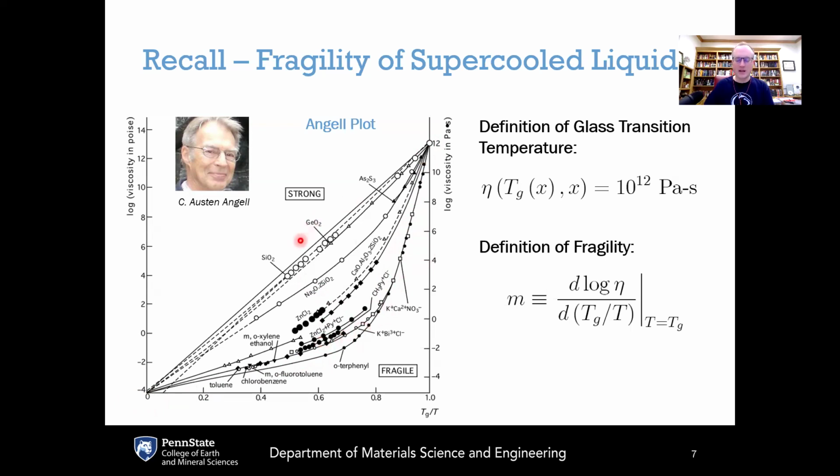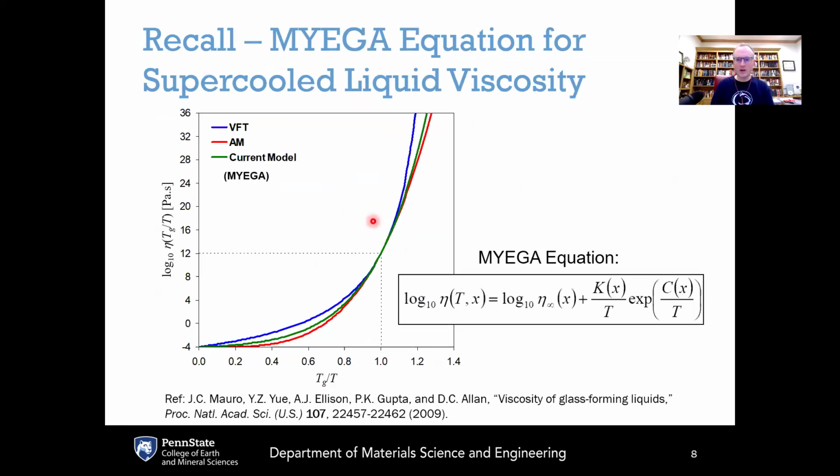Now, Angell's plot here has a lot of great physical insights, and we will see that the fragility of a system also has a big impact on the non-equilibrium viscosity of the glassy state. But this plot itself only dealt with the liquid state. If we were to go onto the right-hand side of this plot, that would be cooling to temperatures below the glass transition temperature, where we're falling out of equilibrium. And at those temperatures, we would need to account for the thermal history of the system. Recall also from last time that we considered a number of different models